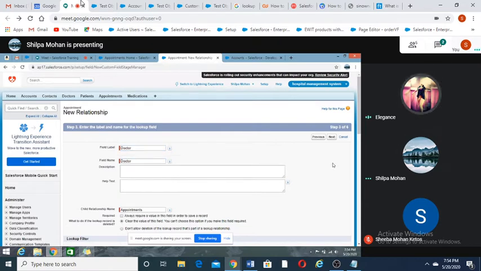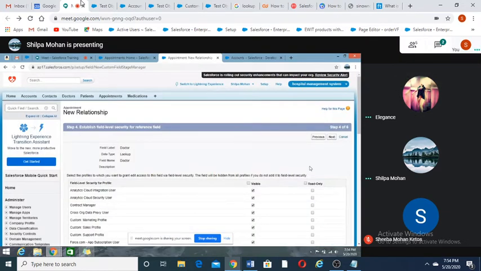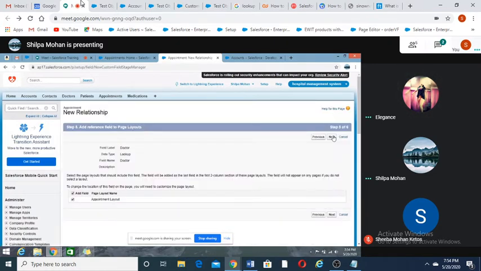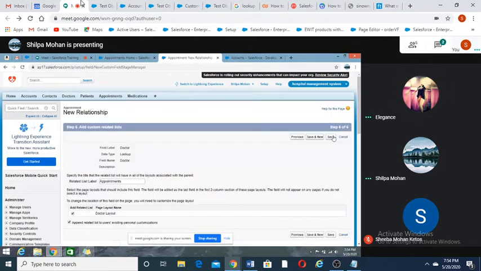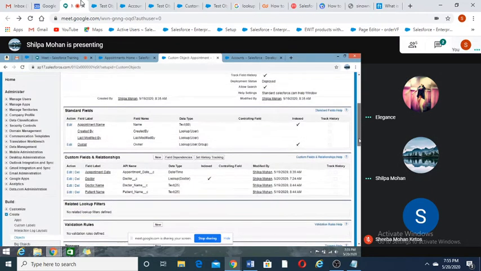Yeah, it will automatically populate. Then click on next. Make it visible. Okay. So yeah, now lookup.